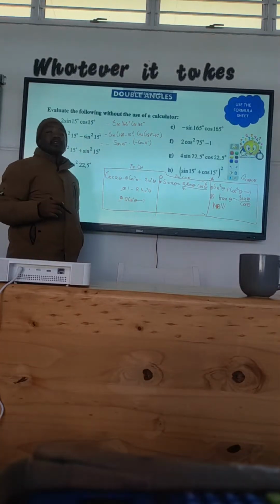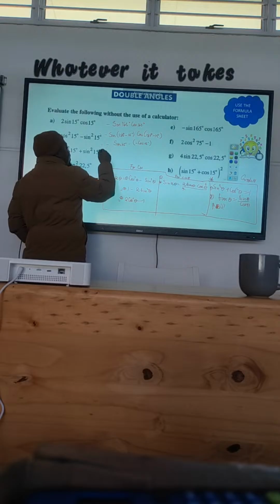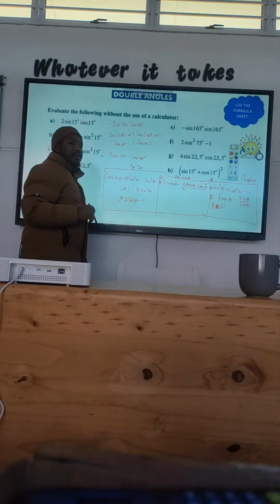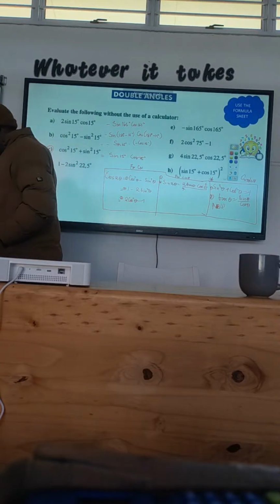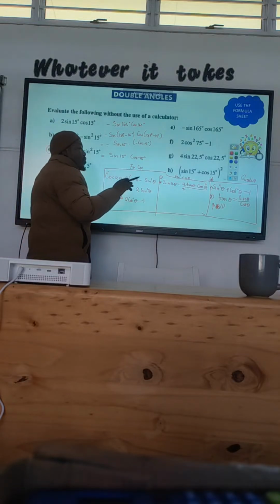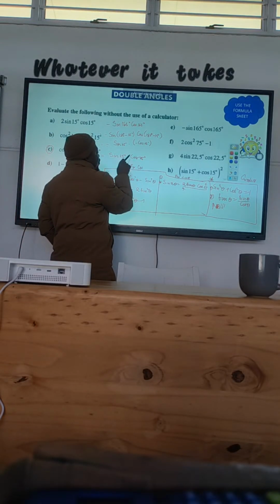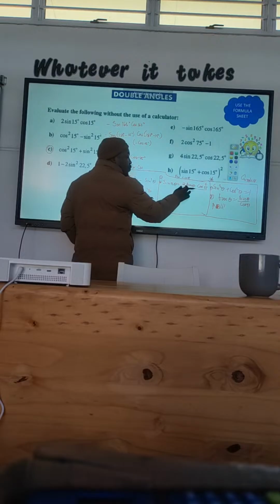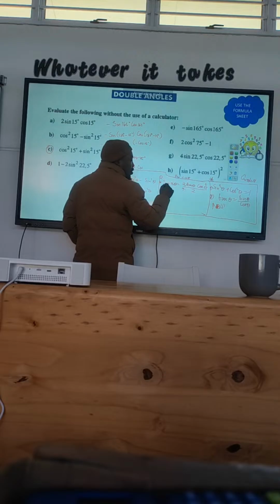Are we fine? Yes. And then now I have a negative multiplied by a negative, so it means that the whole thing will just be positive. The negative is gone. And then look at this. We have a sine 15, cos of 15. We have a 2 sine of 15, cos of 15. So it means that if we want to make this sine theta cos theta, we can divide both sides by 2. So this will be gone, and I'll be having now 1 over 2